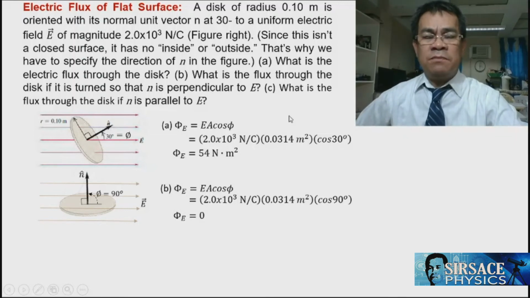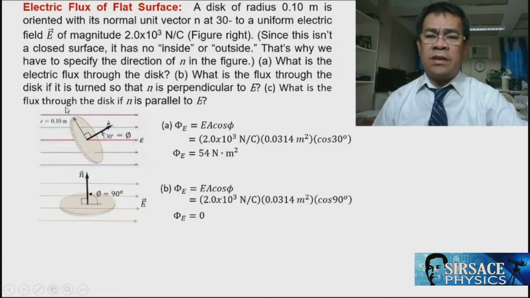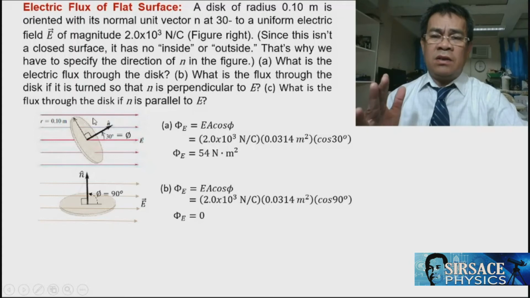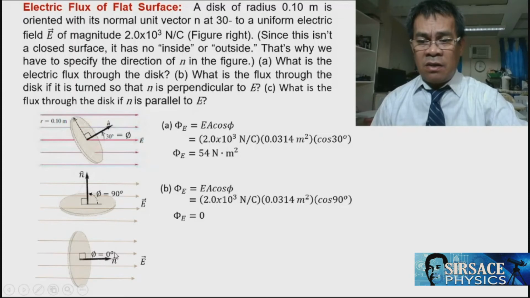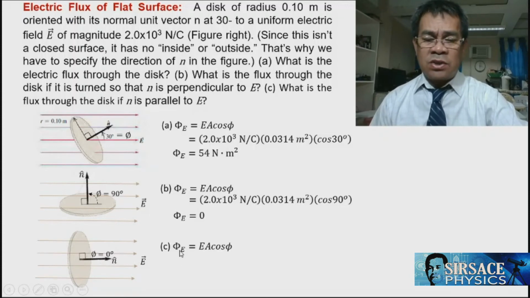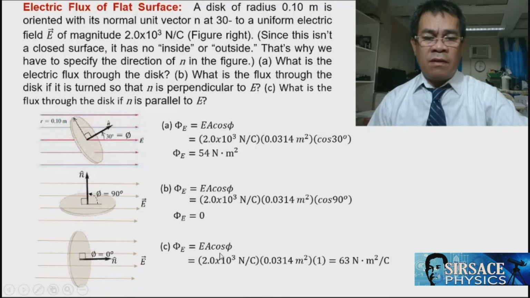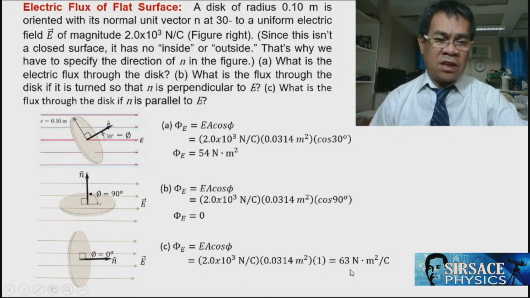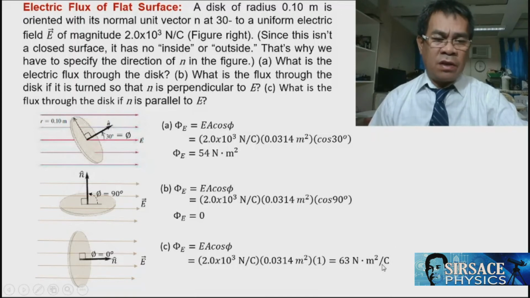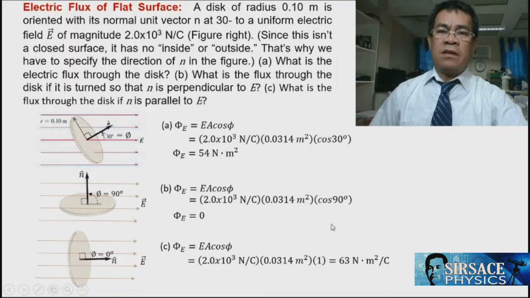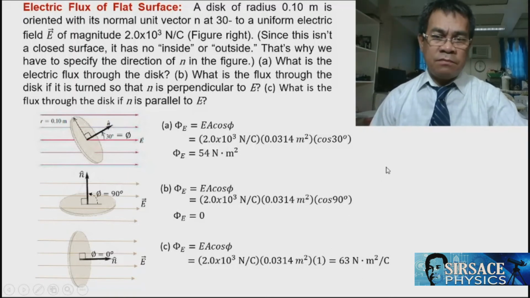In the final question, you are asked to find how much is the flux if we turn again. But this time, the normal should be parallel to E. So therefore, the angle is 0. So if the angle is 0, use again the formula to solve for C. We have this maximum value of 63 Newton meter square per coulomb. So take note, 63 Newton meter square per coulomb, the unit of the electric flux. Okay, so